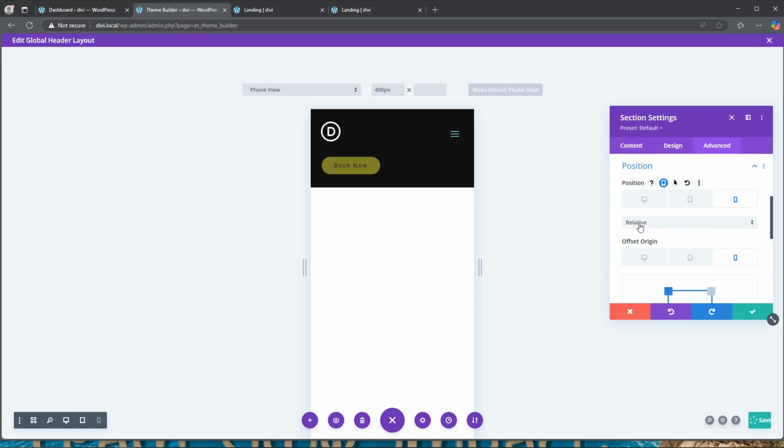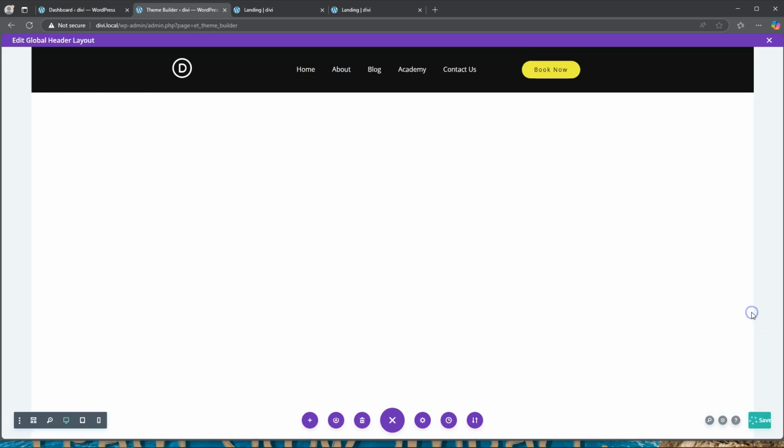Okay, now this might not have happened for you. It happened for me now, probably because I set it manually to relative while I was busy playing around with it. But if it does happen, it's nothing to worry about. It just means you come here, select a position, and choose the device you want to view it on, and then just change that also to fixed. Once you change that to fixed,